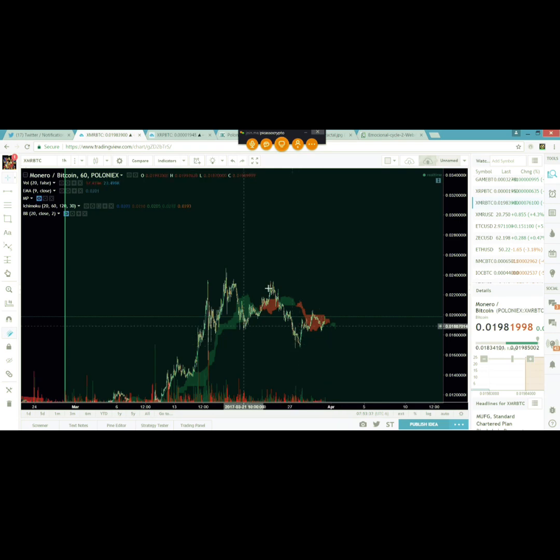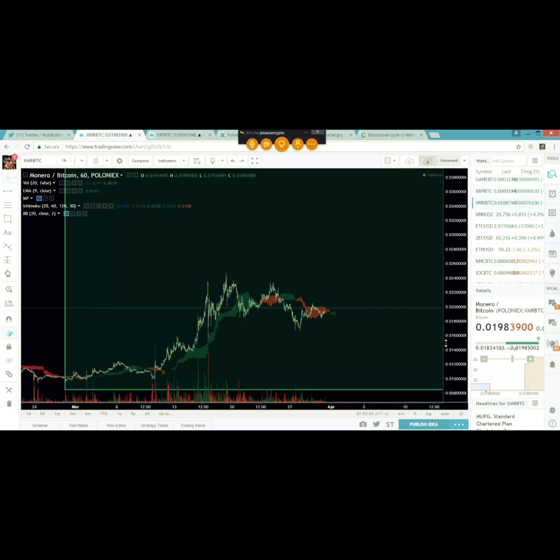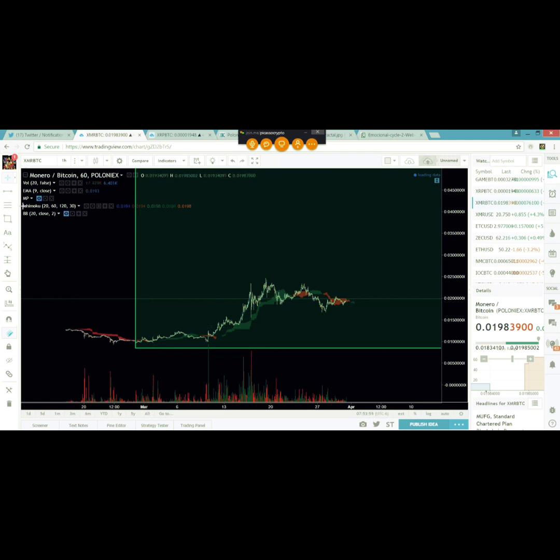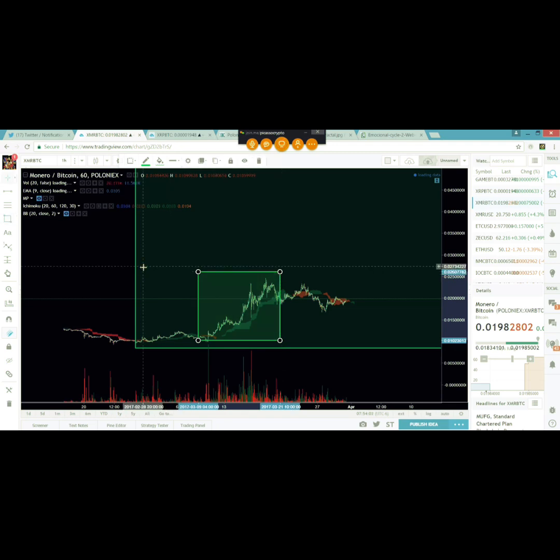It came down to 38, went up, came down to 38 again, and then couldn't handle it and dumped back down to the 50% mark. And there it found its strength to start its third leg up. So you're going to be able to make more money and understand the impulsive side in a bullish market, and the impulsive side in a bearish market. Basically this entire move right here, that's the one you're really focusing on when you're saying, okay, there was an impulse, where can I get in? And when you look at this entire move, you can see the little moves that we got in on here, like 125. Plenty of opportunity to gain.